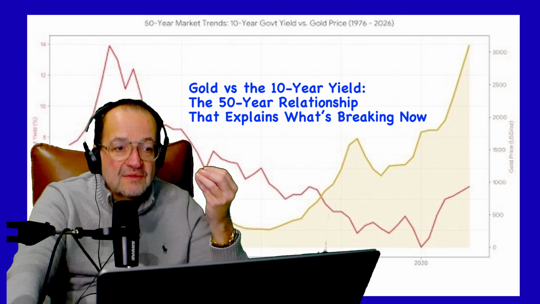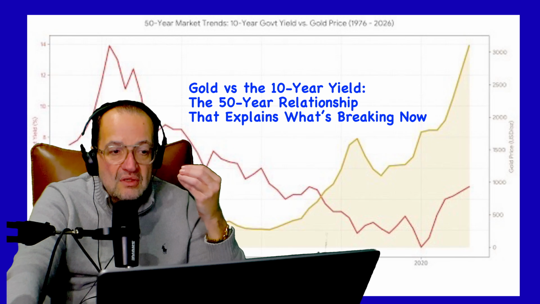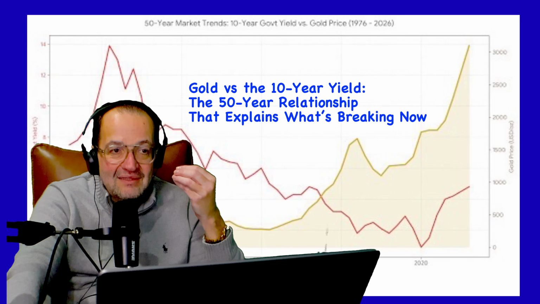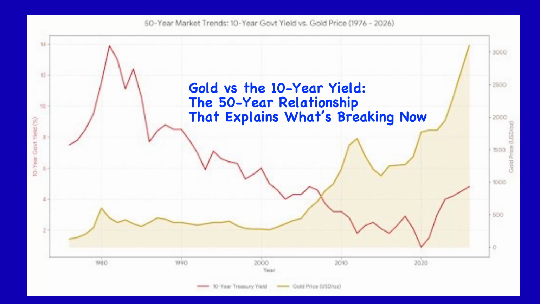So now move your eyes towards the middle of the chart. The red line trends downward. Gold stays mostly flat and unexciting. This is the era of falling inflation, rising productivity, strong belief in central banks, stable growth. When people trust the system, gold loses urgency. During this period, bonds felt safe, cash held value, and growth assets worked. Gold didn't collapse, but it didn't lead either. And gold doesn't need growth, it just needs doubt.